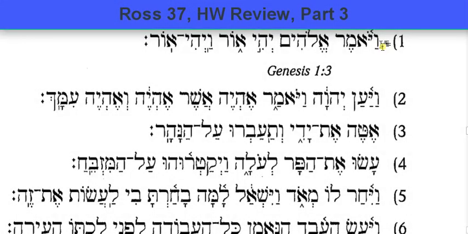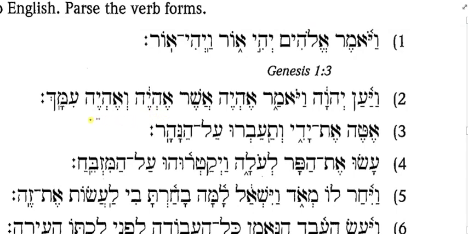Okay, so number 2 here in the translation, I'll read this: Vaya'an Adonai Vayomer, Ehyeh asher ehyeh v'ehyeh imach. All right, this comes straight out of the book of Exodus. Here I have Vaya'an. I have a Vayiktol or a WCI, a Vav, and so I know the Yod has to be the prefix Yod, right? That leaves me with roots 1 and 2 and 3 missing if this is the verb ana.